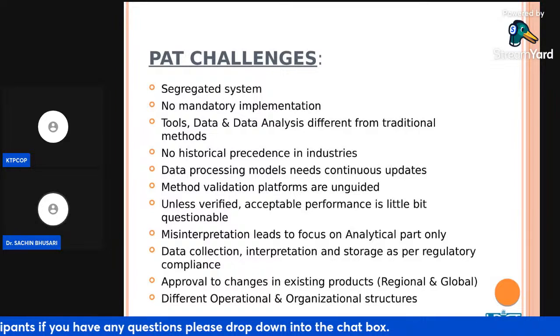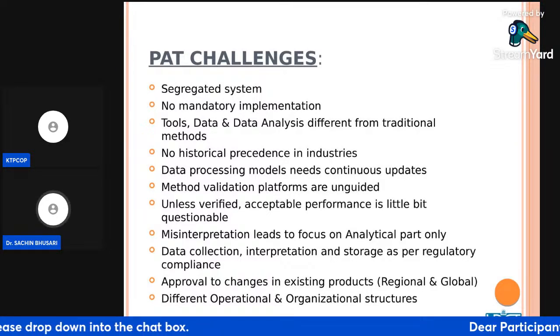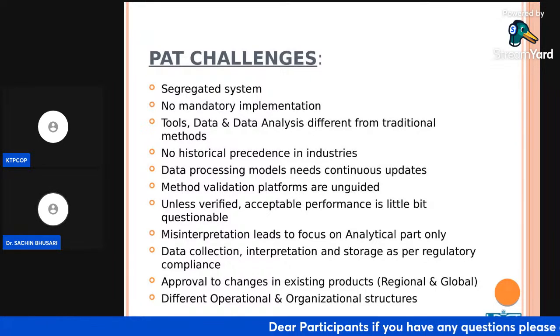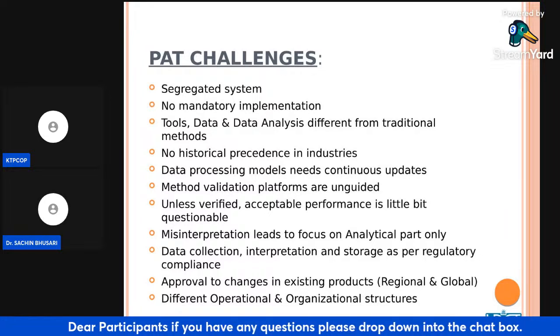So for the PAT framework, whenever you are applying it, whether you are getting acceptable performance or not has to be defined, and it has to have some specifications and limitations, and those are not available right now. Now another challenge is